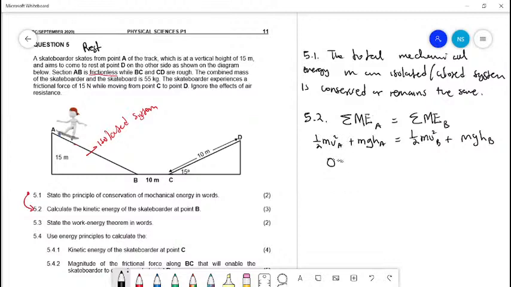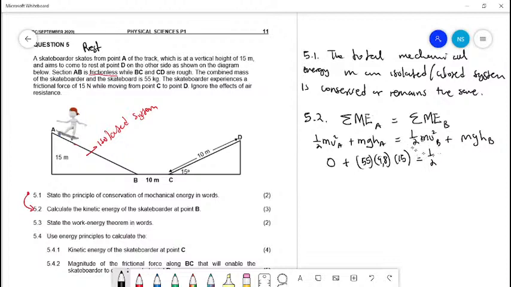it will be 0 plus the mass. You're going to use the combined mass, and the combined mass is 55 kg times 9,8 times the height at A, which is 15, right? Equals to half the mass. So now,